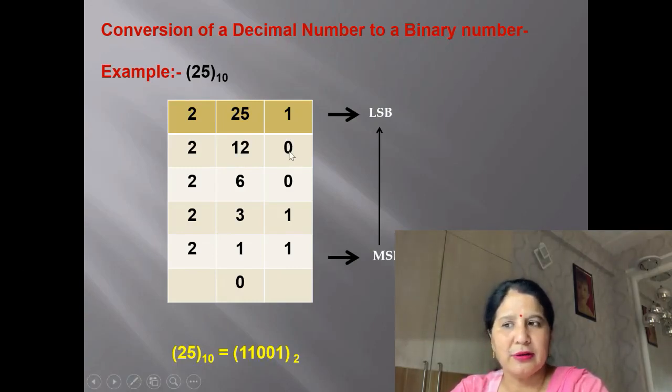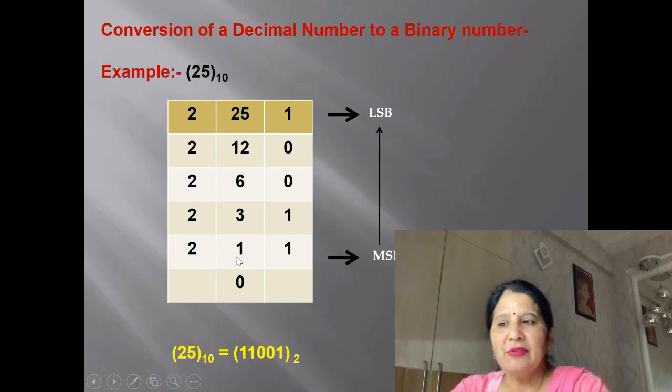Again we will divide this number by 2. 2 3 is 6. Remainder will be 0. So we write the remainder here, 0. Again we will divide this quotient by 2. 2 1 is 2. So the quotient we write here, and remainder will come 1. 2 1 is 2 means 3 minus 2 becomes 1. So the remainder is 1. So we will write the remainder in the right column.